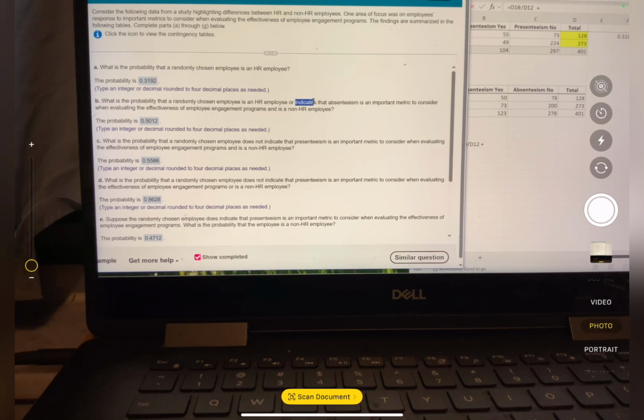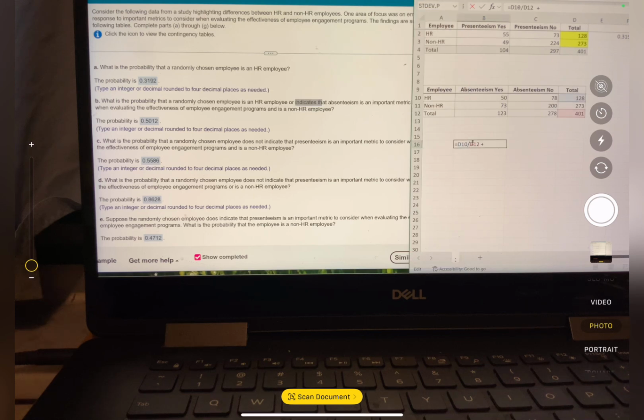Or indicated that absenteeism is an important metric to consider when evaluating effectiveness of employee engagement program. So shortly saying indicated absentee, an important metric, and is non-HR employee. So here we have total HR 128 and total absentees 123. So it's going to be,